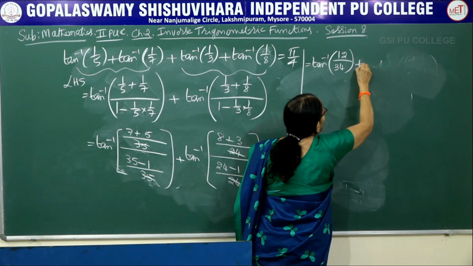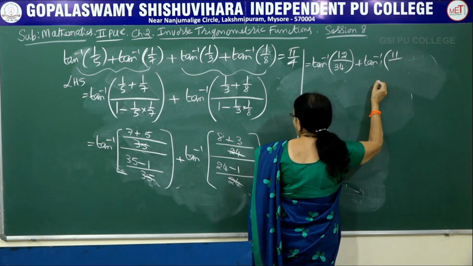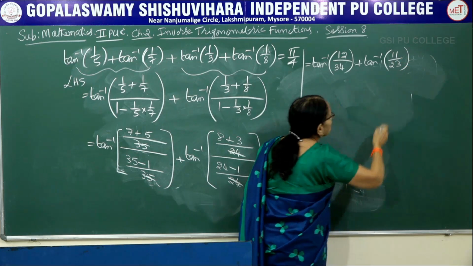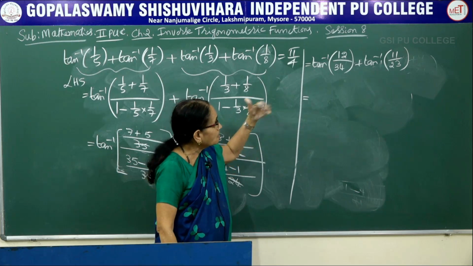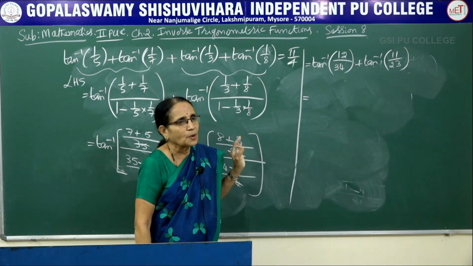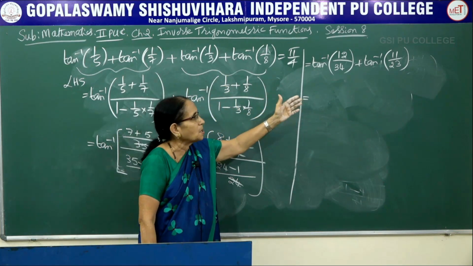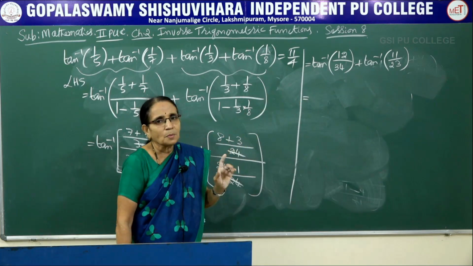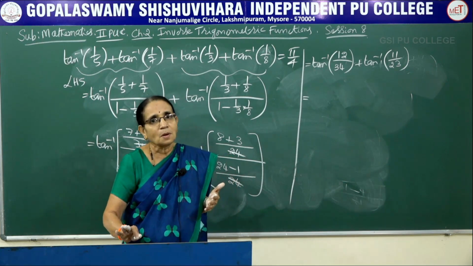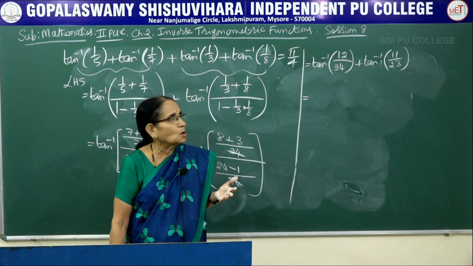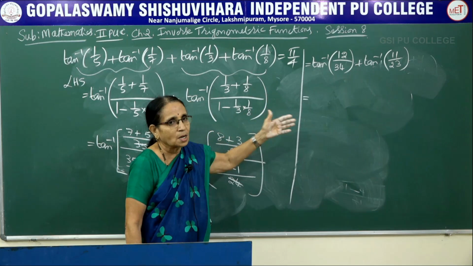Come to the second term. Tan inverse of 8 plus 3, 11, divided by 23. Now you observe that it is again of the form tan inverse x plus tan inverse y. So we have applied the same property 2 times and again applying the same property for the third time here. So this problem you can expect for a 3-mark question, because in inverse trigonometry functions there is a maximum marks allotted. 1 mark question 1 you will be having, 2 mark question 2 and 3 mark question 1. So it can be given for a 3 mark question.